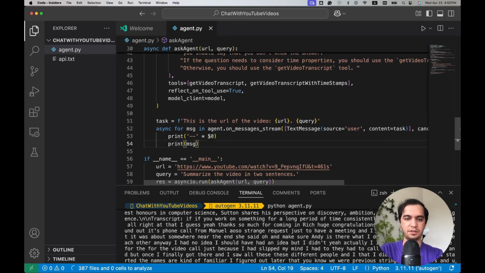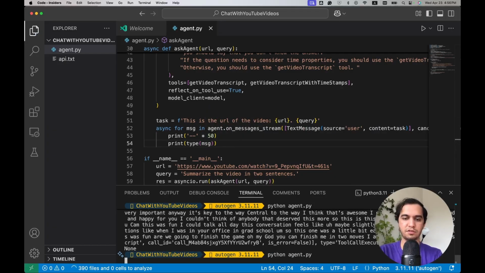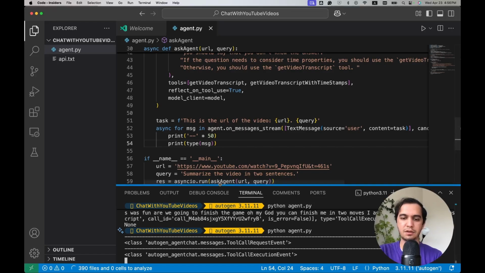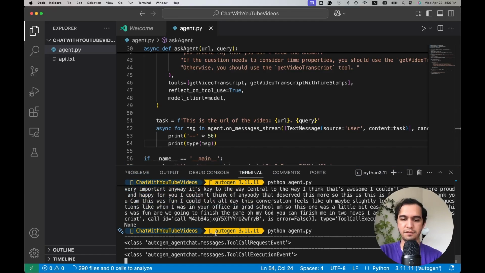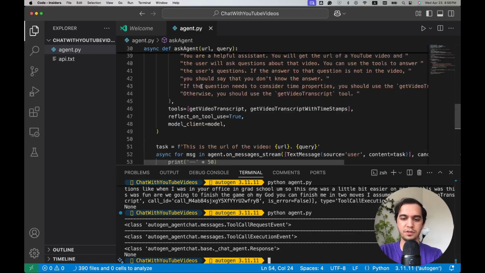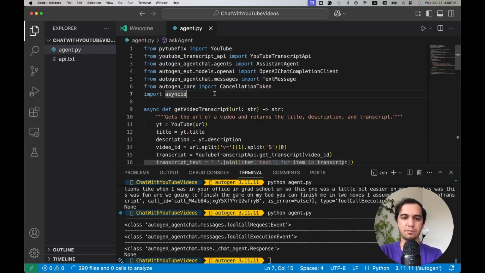Let me also print their type instead of their content. So if I run the app once more, okay, you can see these are different objects. We have a tool called request event, we have a tool called execution event, and then we have this response. And you can see how to import them as well, because we need to check their types and behave differently